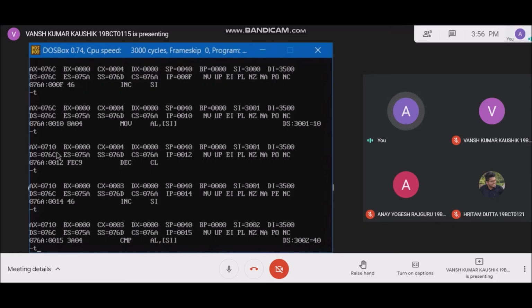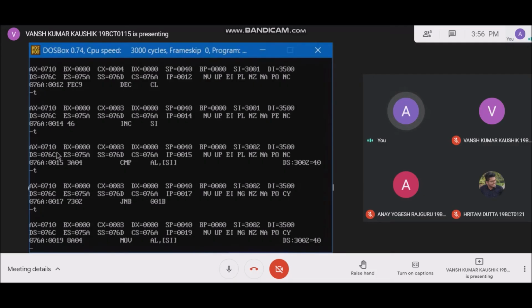And now we run the next command. The next command JNB 001, and we run the next command. Move AL comma SI. This completes the procedure of storing the value 40 in AL register.